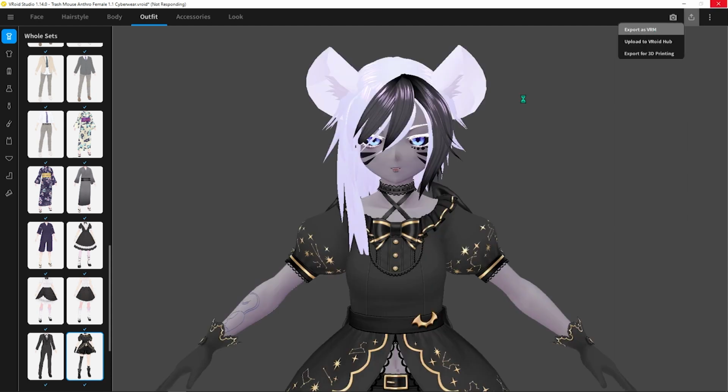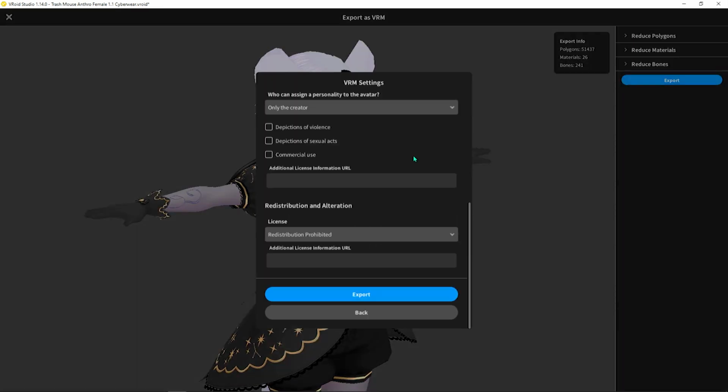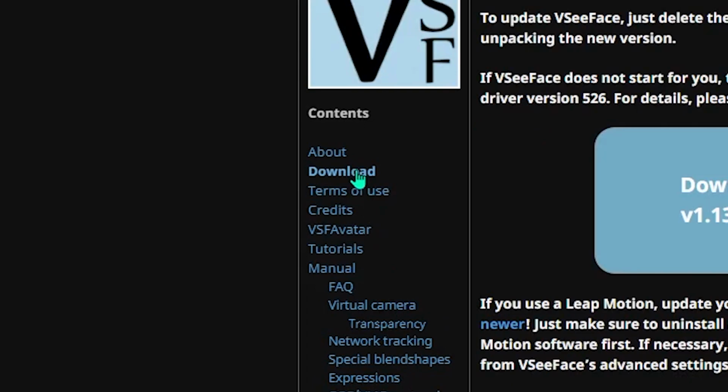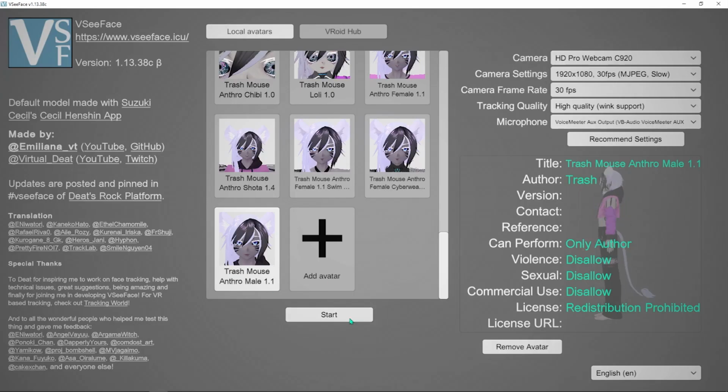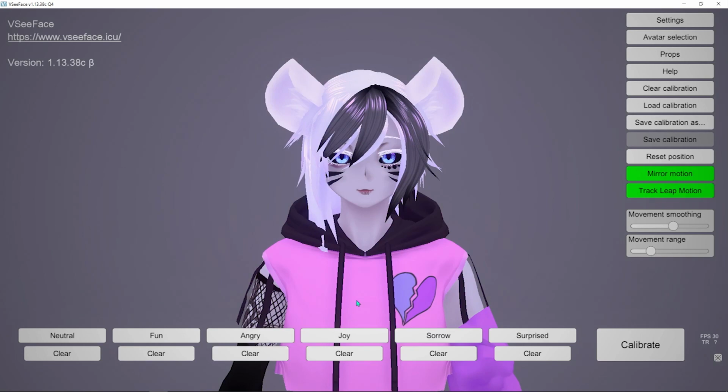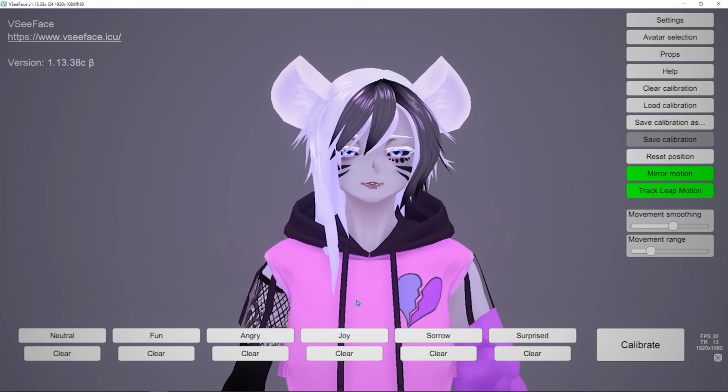Export your VRM, make sure that it's ready for saving, put it over here in VSeeFace, another free program that you can use. Once you have that installed, find your VRM, click start, mess around with it a bit. What you're going to want to do though to make it work is click the little square in the bottom